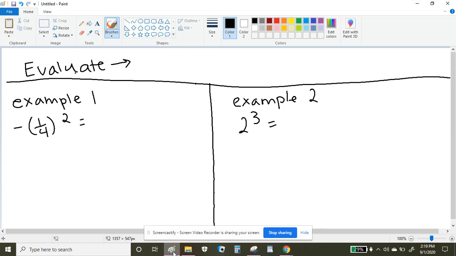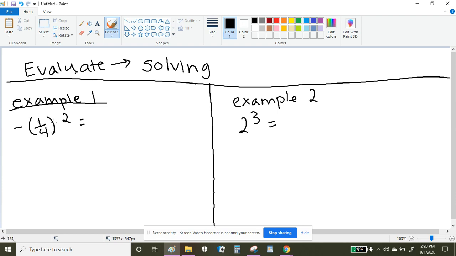Okay, so now we have already covered what exponential form is and what expanded form is. So right now we have a problem and it tells us to evaluate. So what that means is that we are going to be solving. And for our first example here,